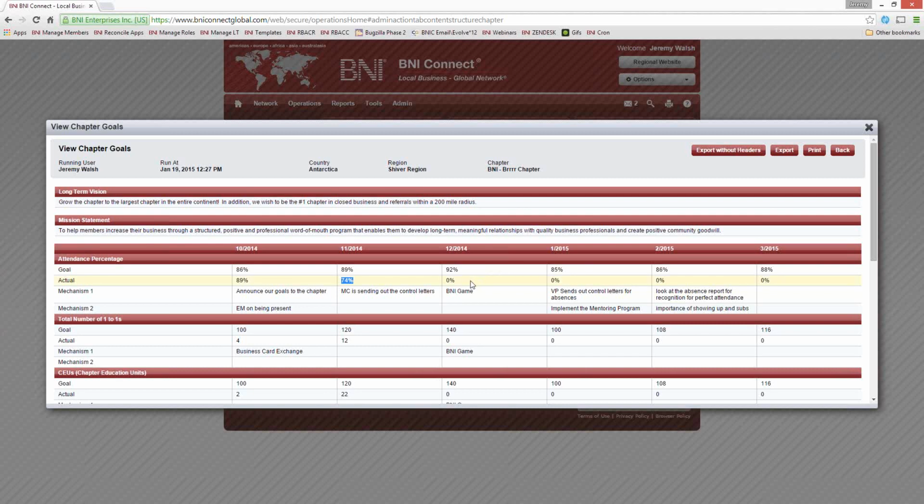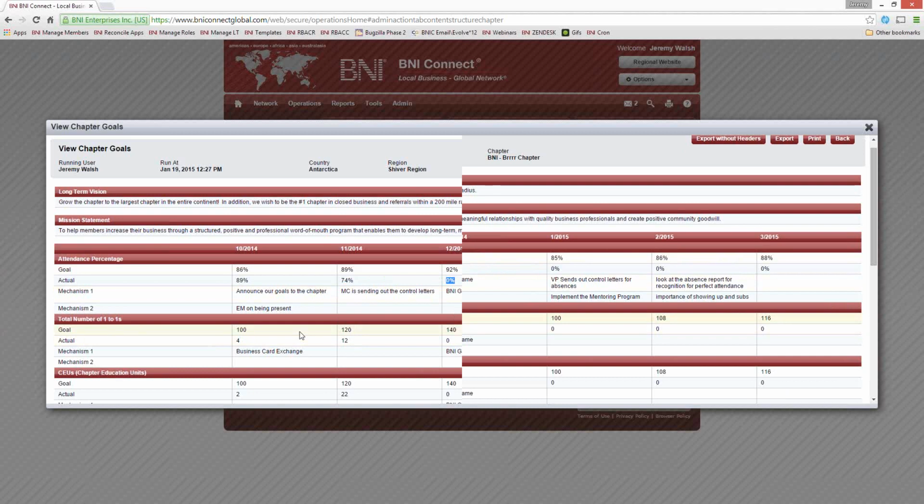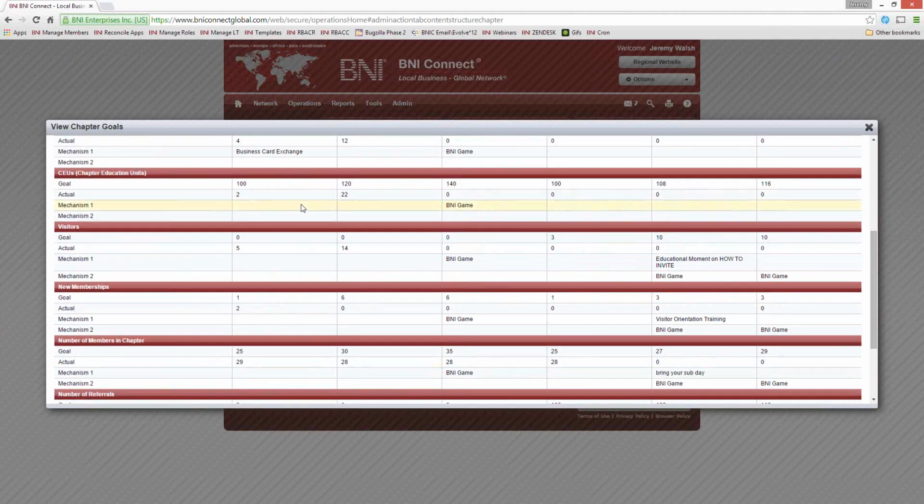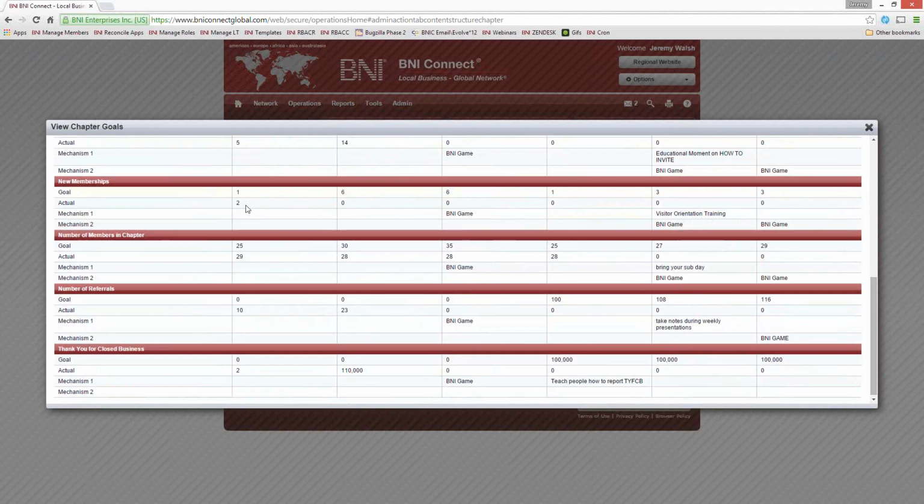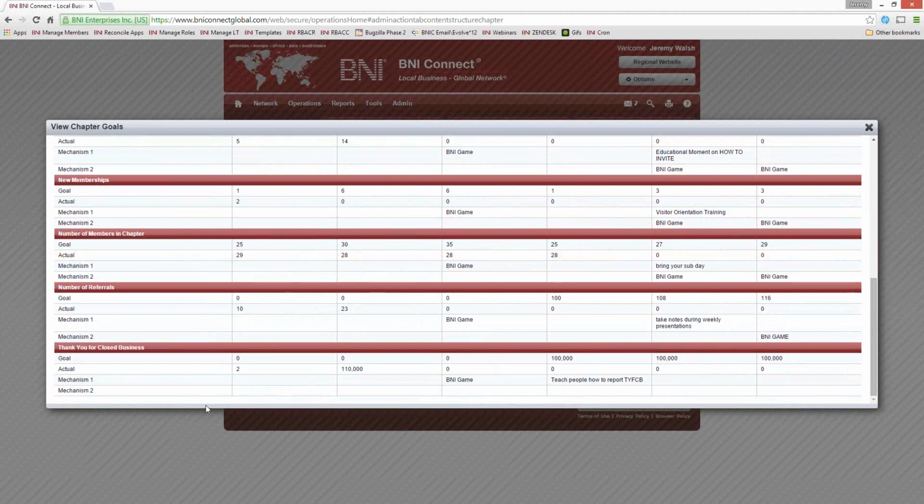So our VP is really behind on submitting POMS reports in Antarctica, so our goals have not been actualized for December and January. But we can see the same thing for total number of one-to-ones, for CEUs, for visitors, for new memberships, etc., etc.